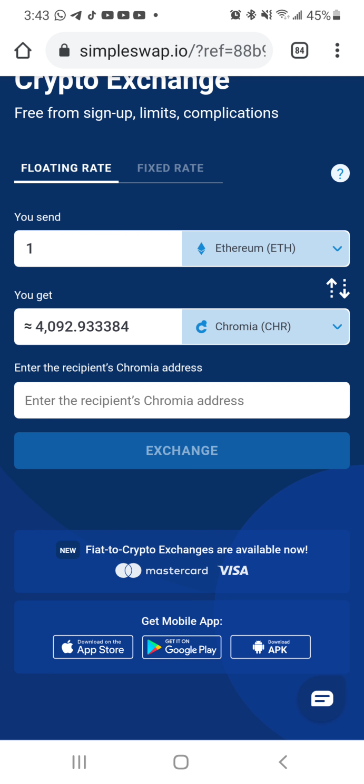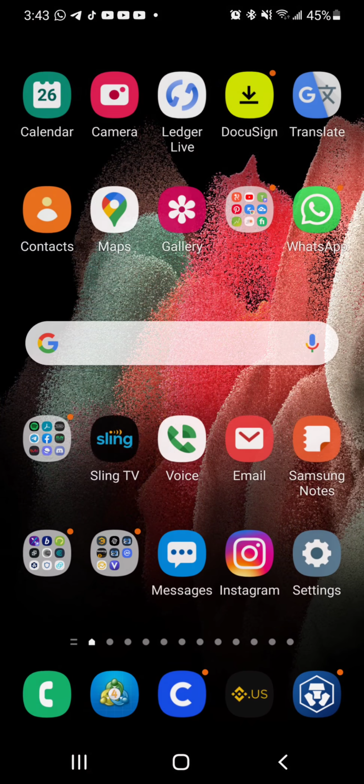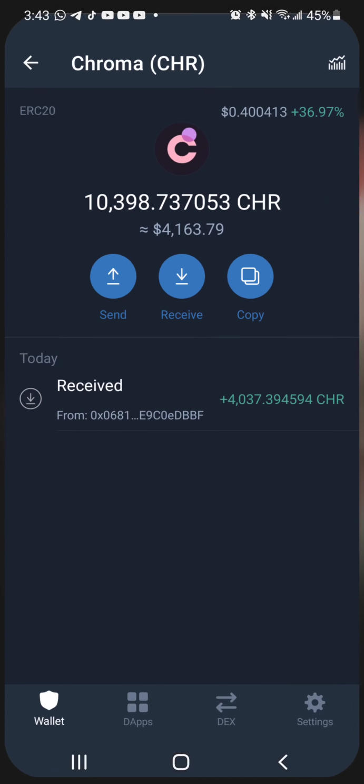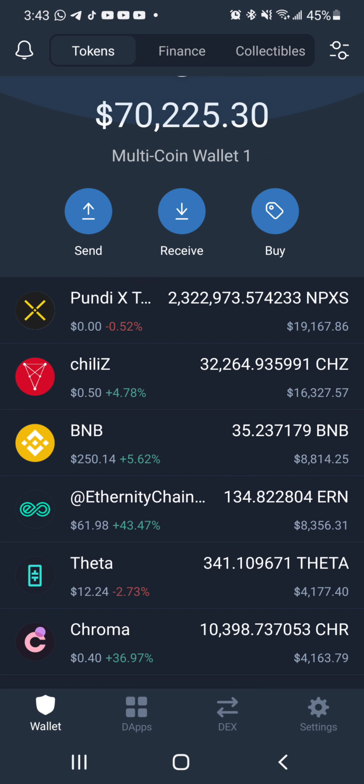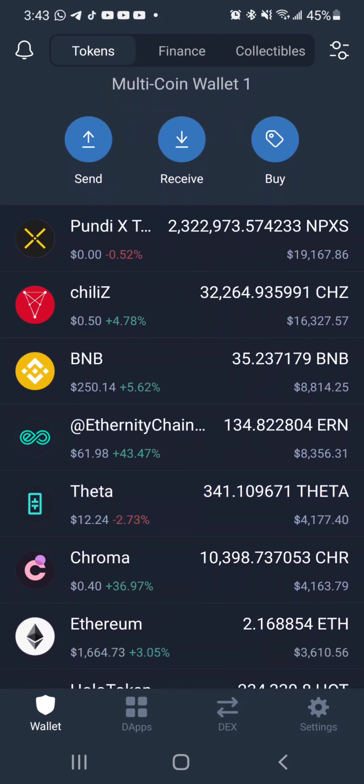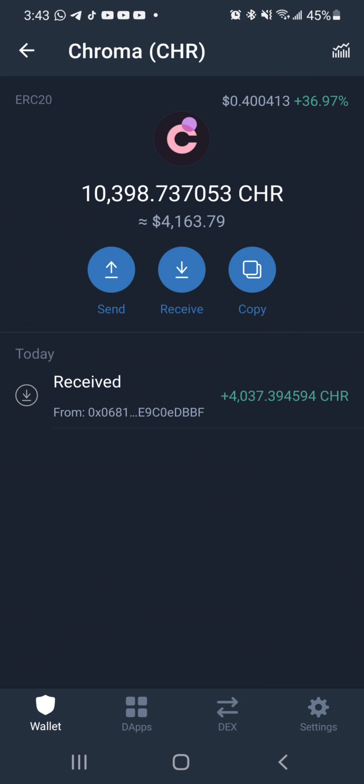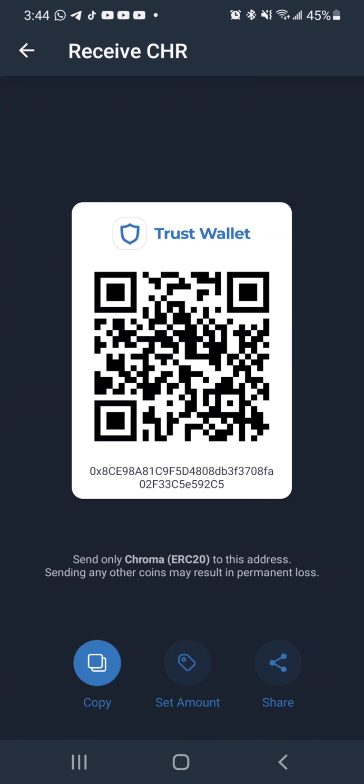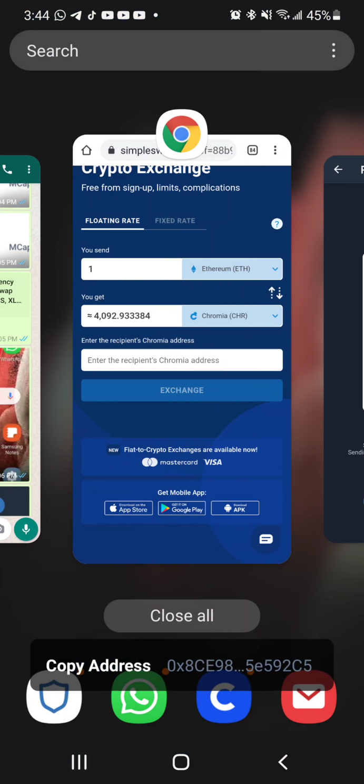I'm going to go to my Trust wallet right here. And as you can see, this is my Trust wallet. I have Chroma right here, on the Eternity Chain, and Chroma is an NFT. So I want to buy more Chroma. So I click here and I click receive. So I copy. Now I go here